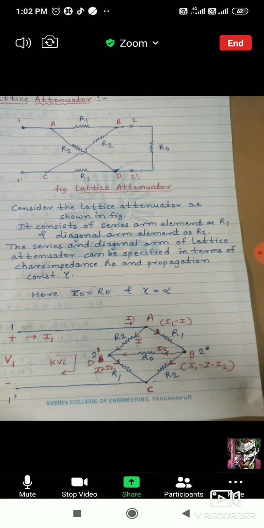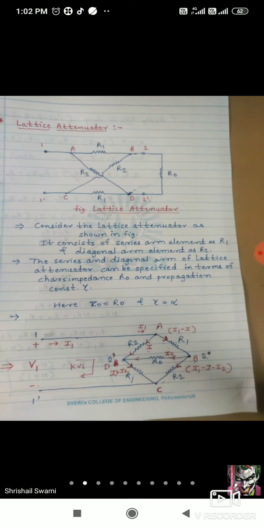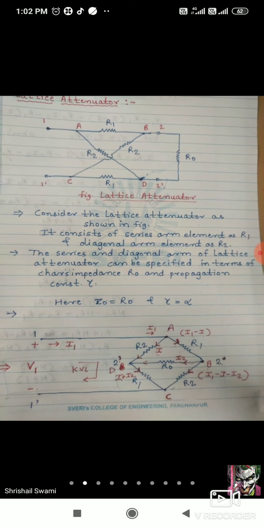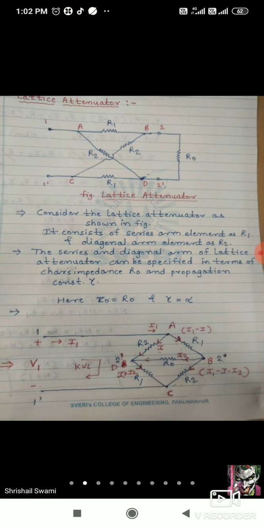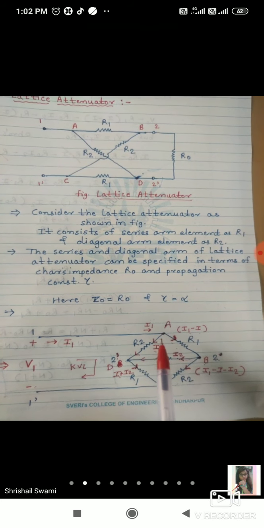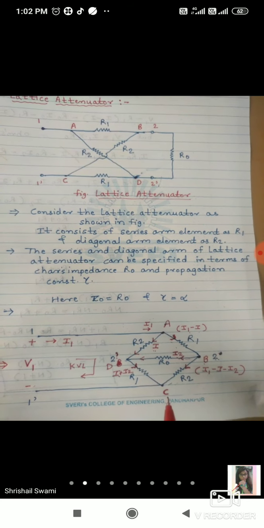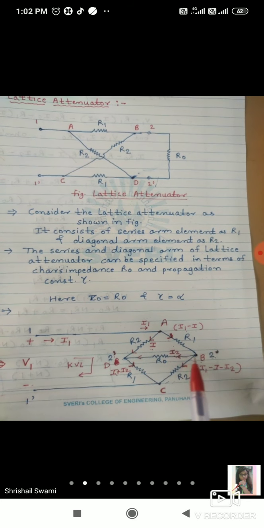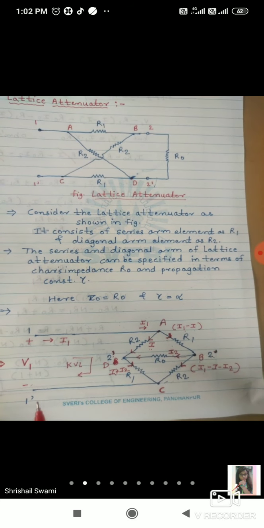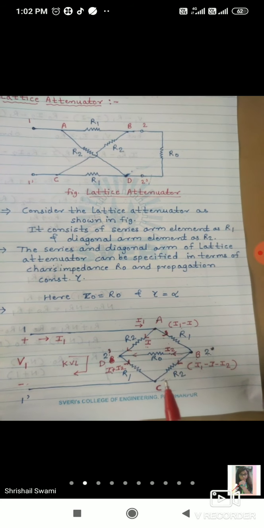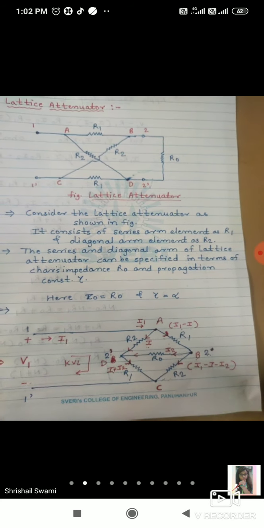So I will show the diagram once again. What was your KVL path? Which is the path you applied for getting R1, where R1 and R0 are there? You had selected that path. Now if you want to get R2, you have to select the path A to D, in which R2 is there, then D to B, and then B to C, and the last one dash. So this path you have to follow, in which only R2, R0, and again R2 is there. If you select that path, you will get the expression.